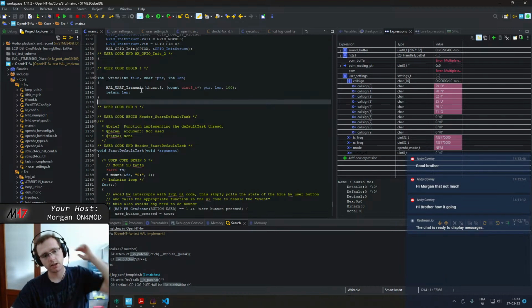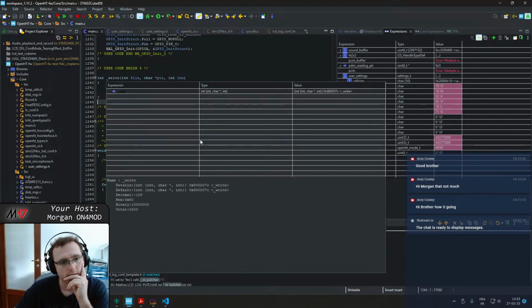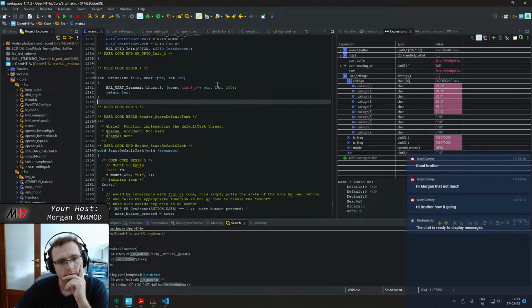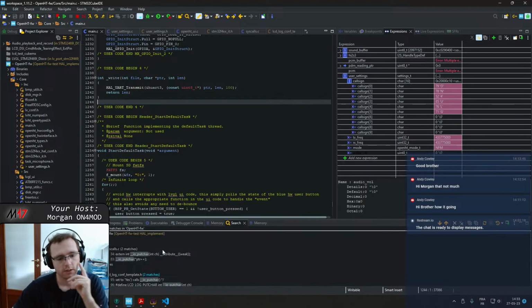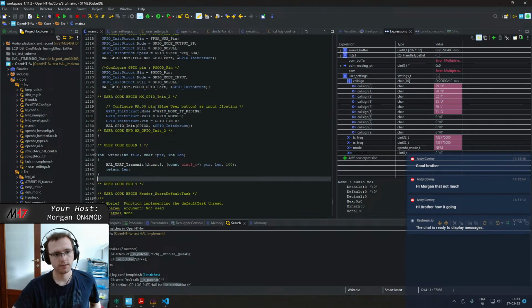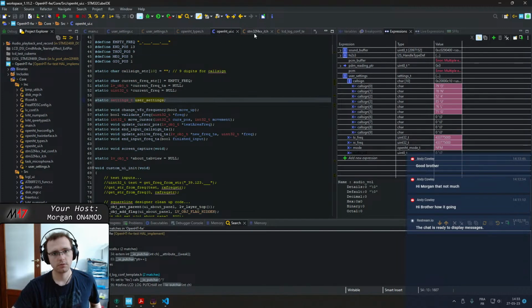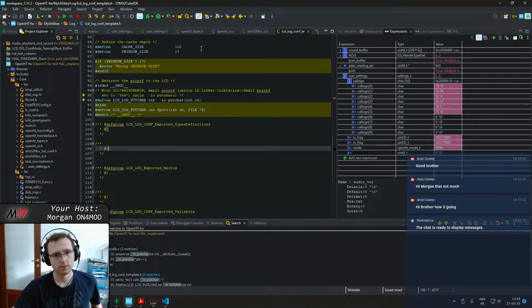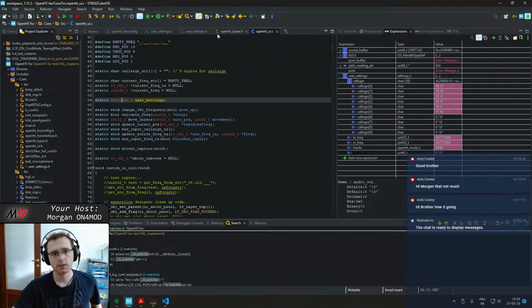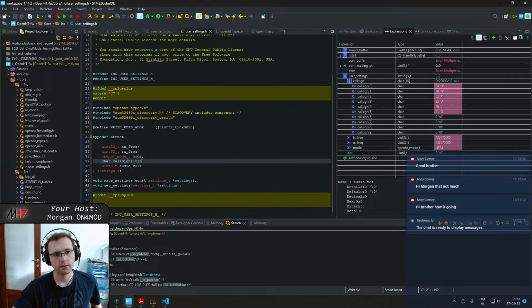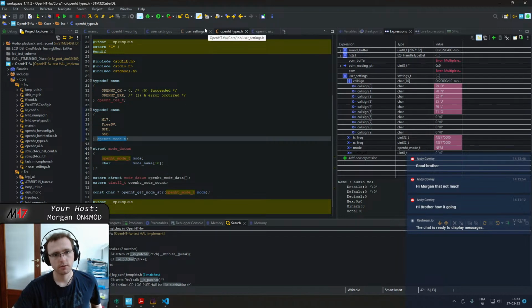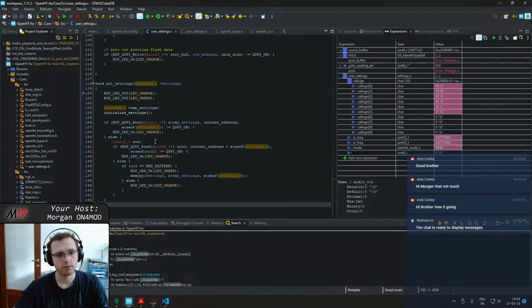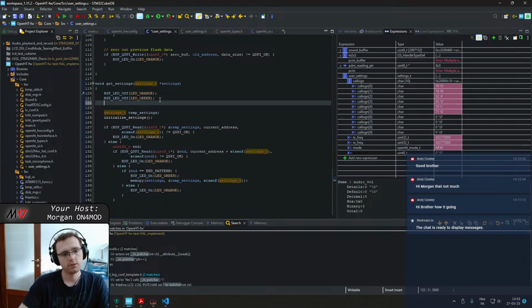Oh, it's already there actually. My bad. So that means that if I go... okay, getting lost among the files. It's in here, and if I do